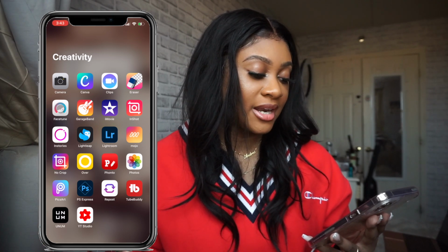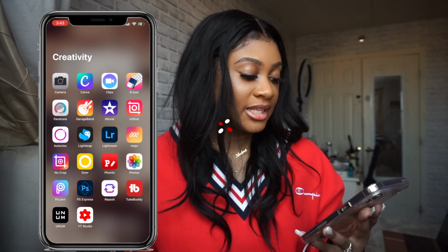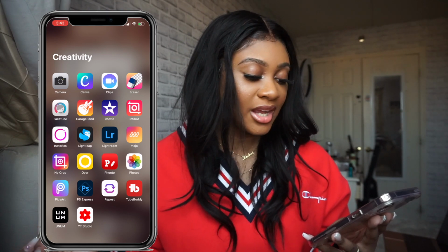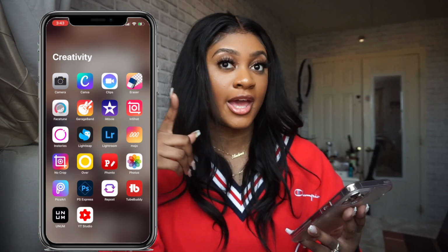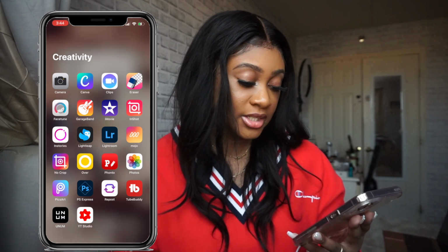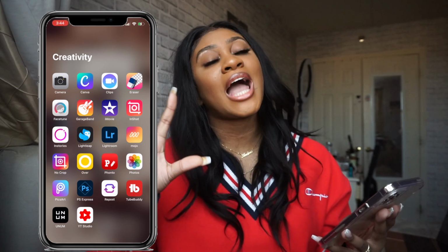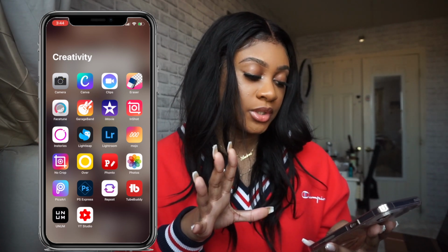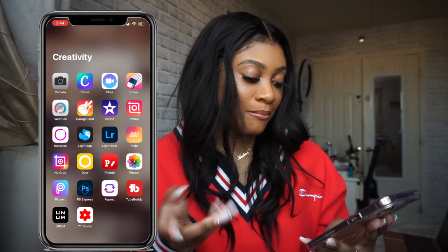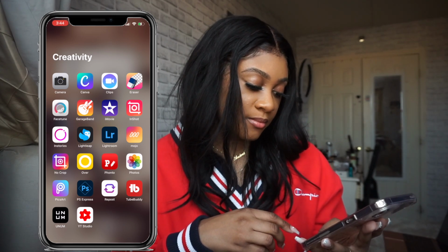InShot is how I edit some stories. Insta Stories is how I edit stories. Lightleap is editing for pictures. Lightroom is also editing for pictures. Mojo is editing for Instagram stories. No Crop is how I try and get my photos squared out for some Snapchat photos. Over is also a photo app. Most of this is just photo editing, except for